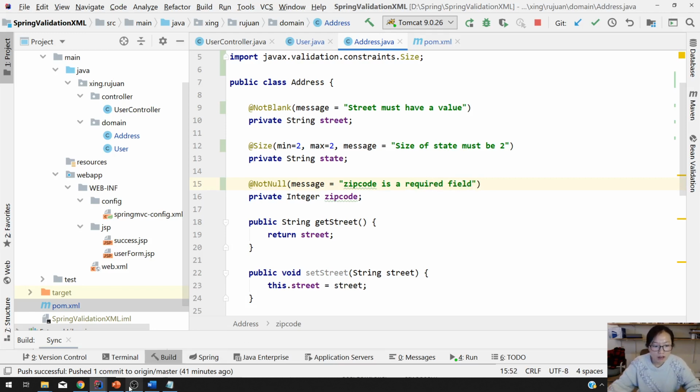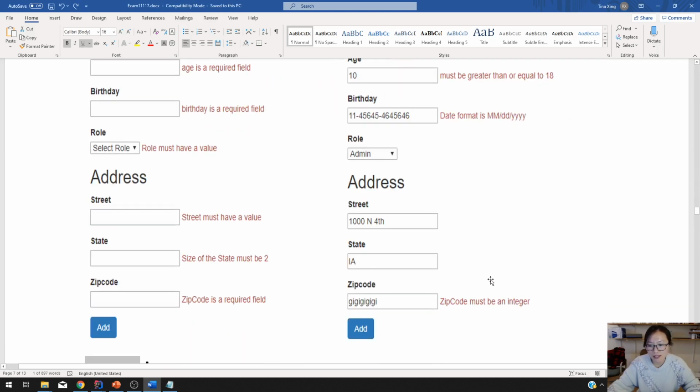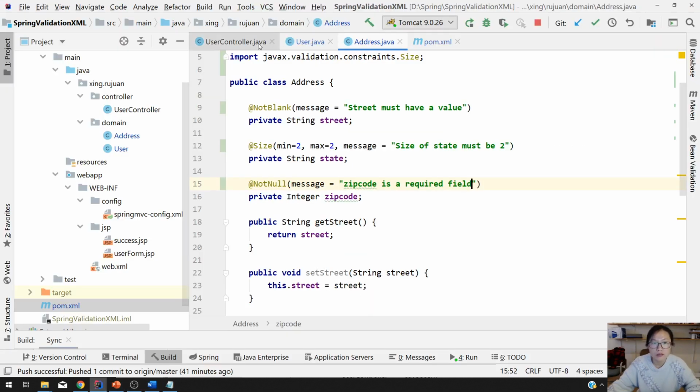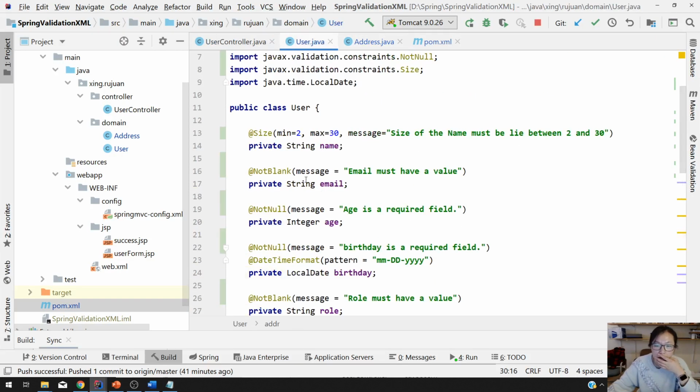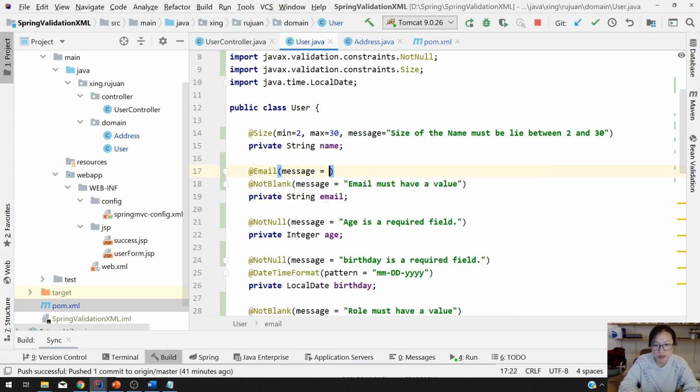So we've done the annotation for the first part, and we also need to take a look at the second part. Second part, this one, to make sure your email is an email, so we have to add @Email on here, and you can give a message: email must follow the format something at something. Okay,